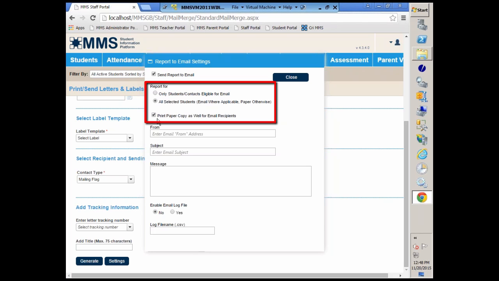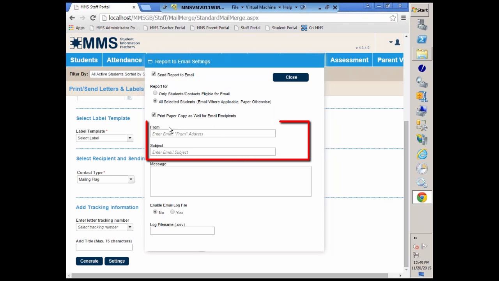And in addition to these 2 options, we can default to print a paper copy as well as email for recipients. So everybody would get a paper copy and not just those. So this would be the from email that it's coming from. So it would be the person who is logged into MMS. The subject, so you could enter in, parent portal setup letter,